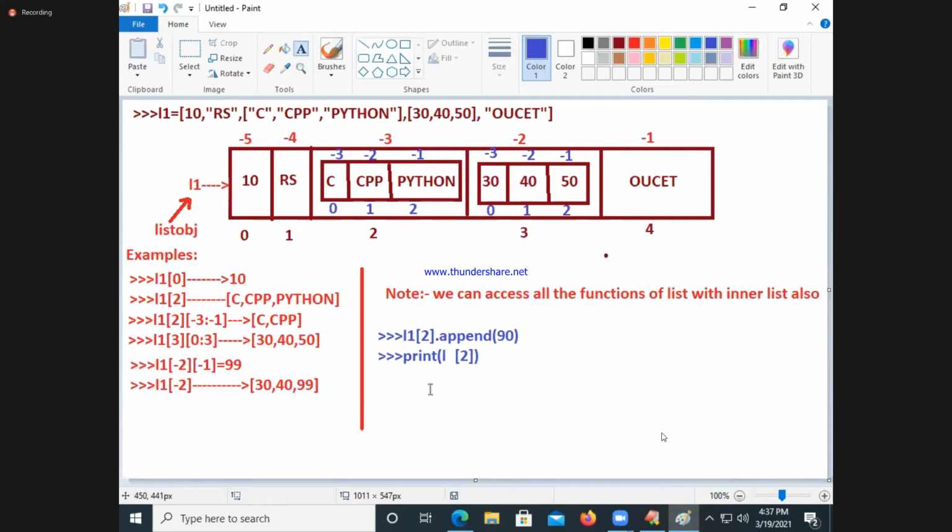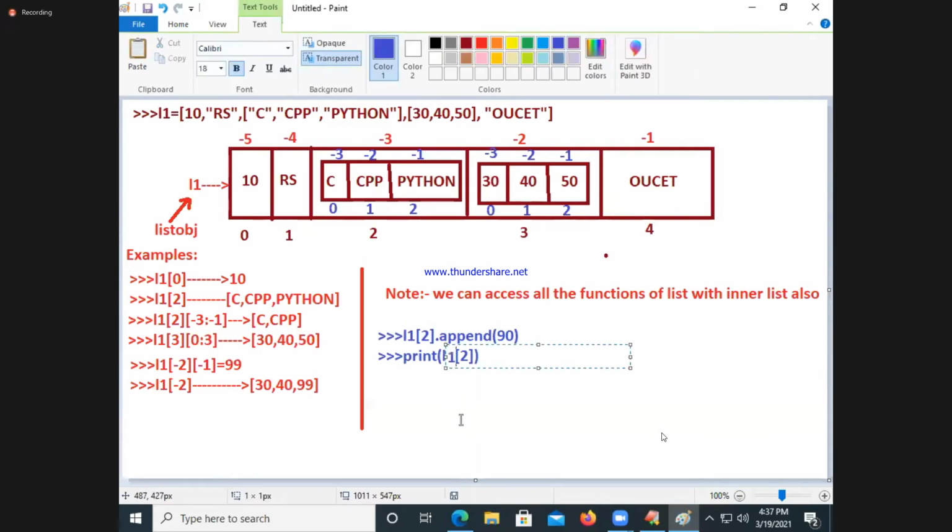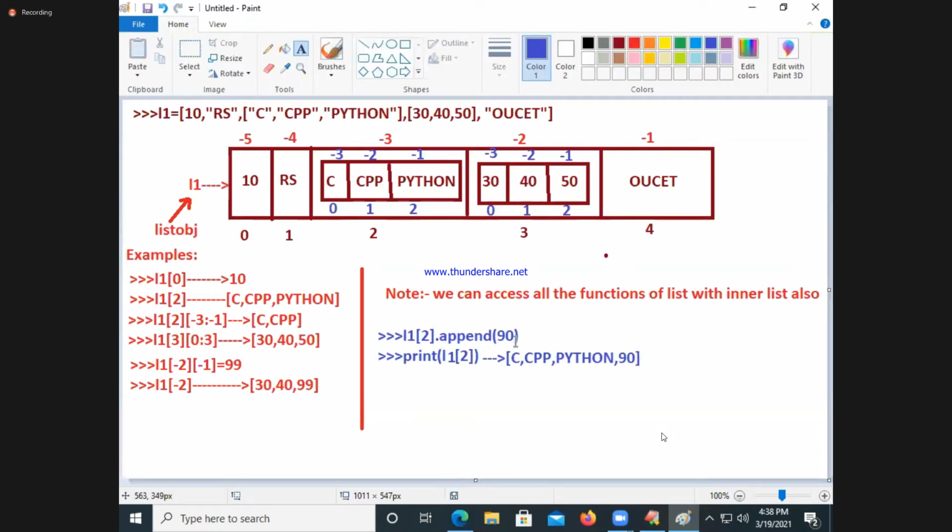That gives you the update with the appended element printed. What is that element? L1 of 2, that means C, CPP, Python. For that, 90 is appended. Any value you can append. See, that function I used.